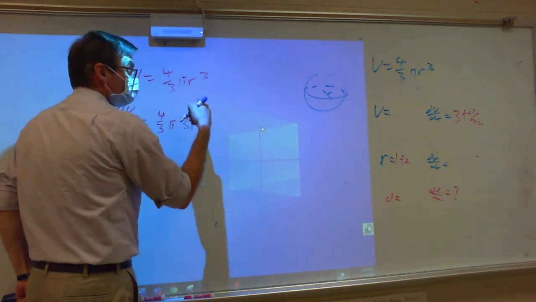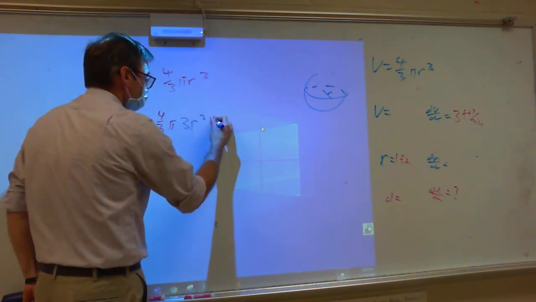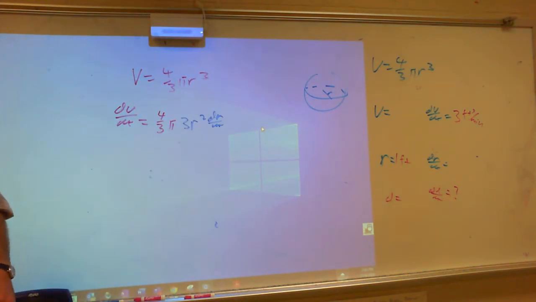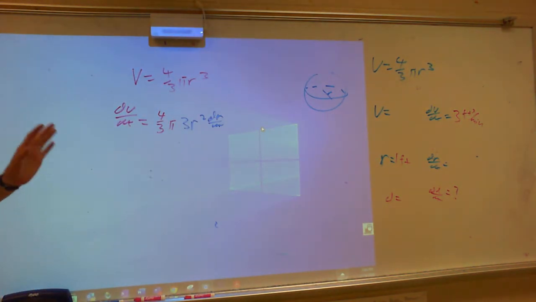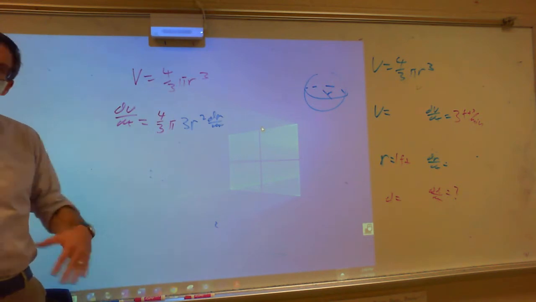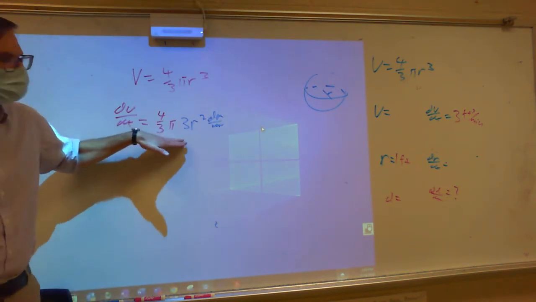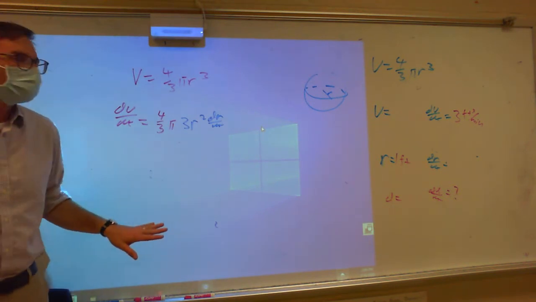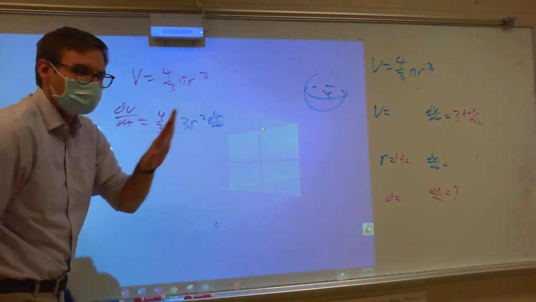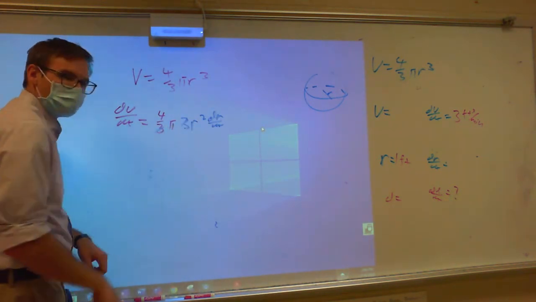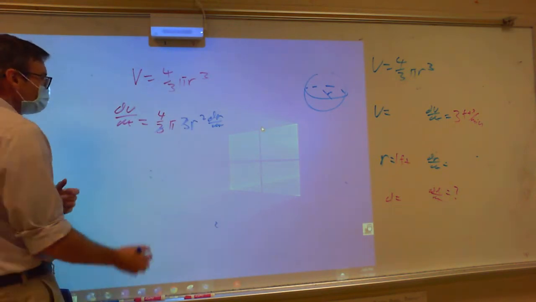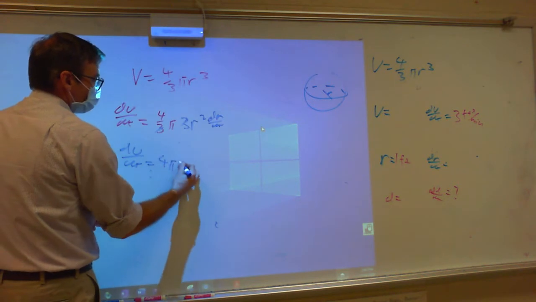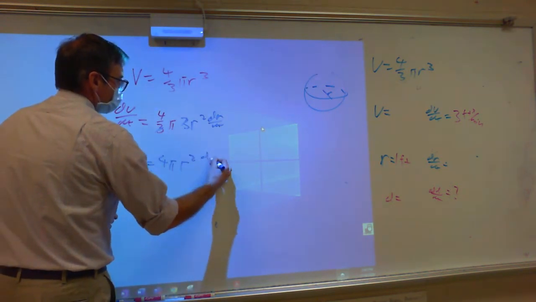3r squared dr dt. Now, it doesn't seem that important in this problem, but it will in the next one. Once you take the derivative, you want to clean it up. The cleanup is going to make your life so much easier. See how the 3's cancel? So if I look at this, I end up with dV/dt is equal to 4 pi r squared dr